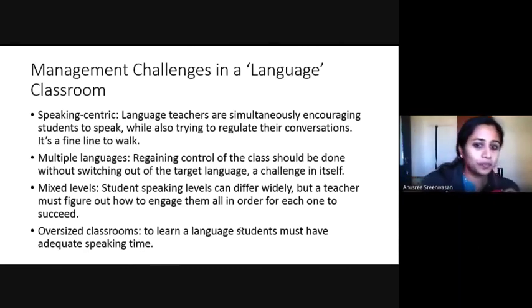Now it may sound overwhelming for new teachers, but there's no need to worry if we go prepared, if we know how to manage all these challenges. Perhaps one of the most important resources for achieving all these goals is you, of course. You as a teacher.